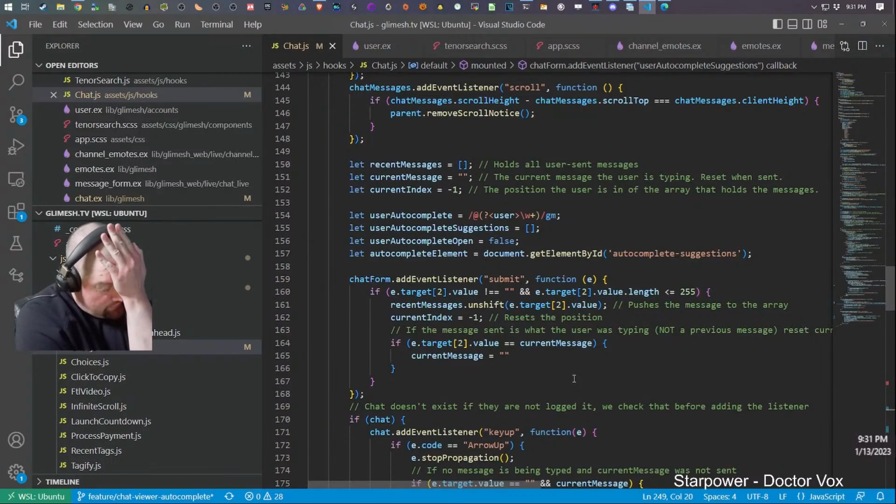That's gonna be a pain, isn't it? Because we have a submit listener, which will likely get sent first, because the default action for the enter key is submit, if it's the only field on the form, which it is.